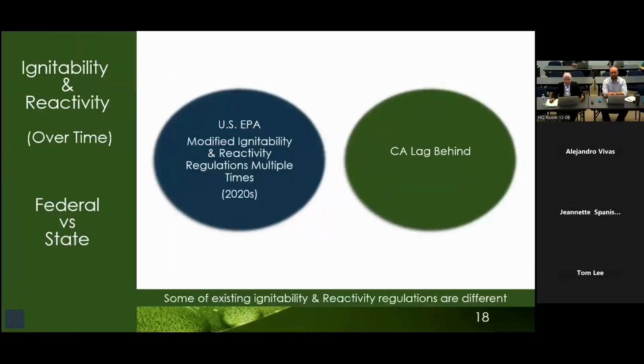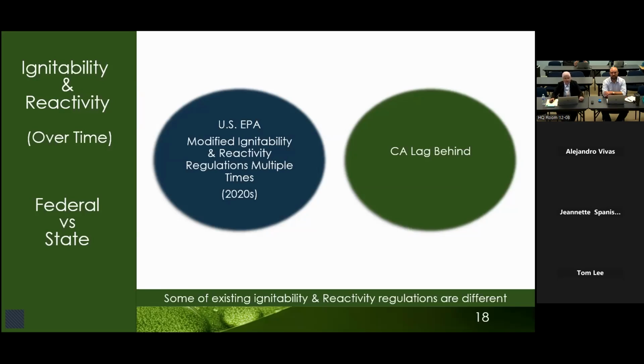However, as the time went on, things began to shift. US EPA criteria for both of these characteristics evolved for certain subsections, which means that US EPA has modified these criteria several times to reflect current regulatory references, safety standards, and technological advancements. California, on the other hand, hasn't consistently adopted these federal updates, which has led to a divergence.